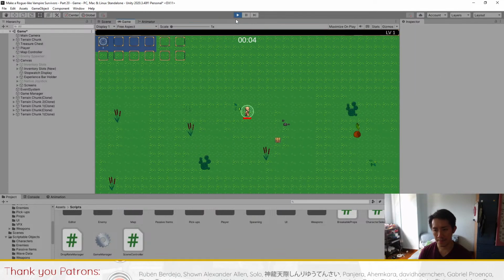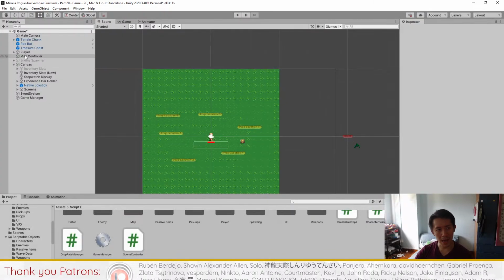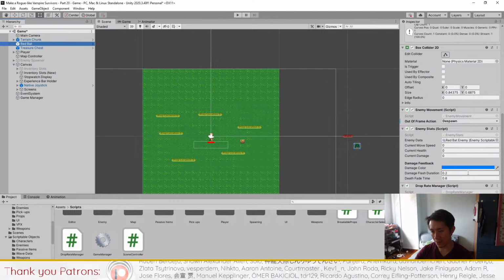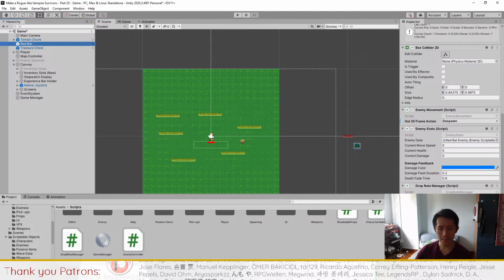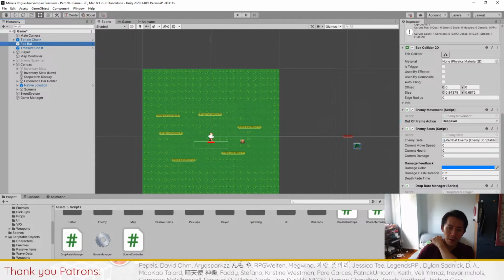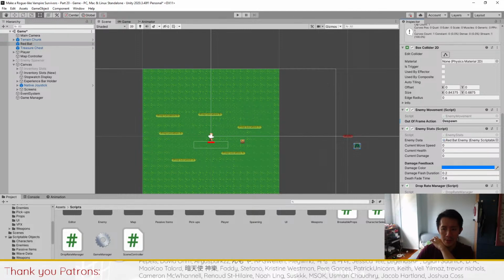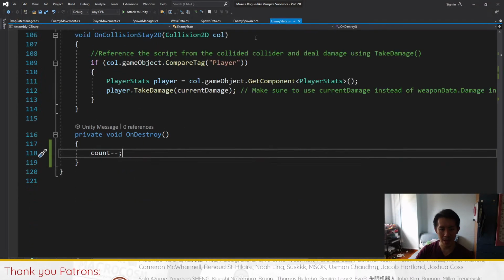See that? So by adding this gives us a way to deactivate the drop rate manager. So we're gonna disable the drop rate manager by default unless you want enemies to always be spawning objects. This should be inactive. And what we want to do then is let's go over to enemy stats, and we